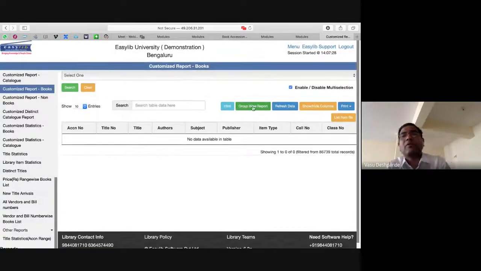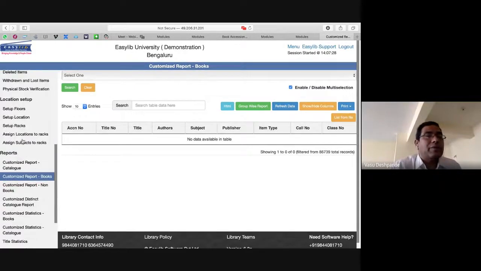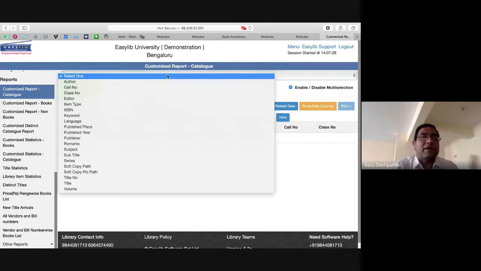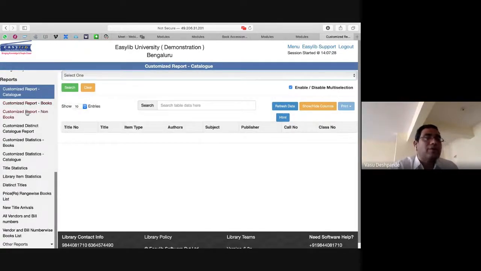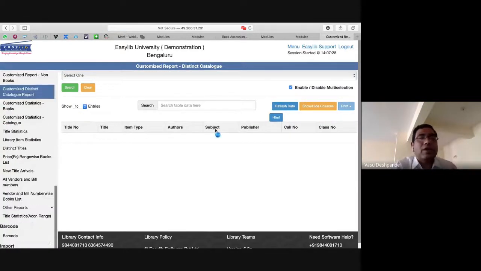Then if you want to take a group-wise report, take simply. Similar reports are available on catalog only, if you want. None of the purchase information like vendor and all that; only this catalog information you can get in this report. For the books you saw, for non-books you can get a distinct catalog report. So only the distinct titles you have got,